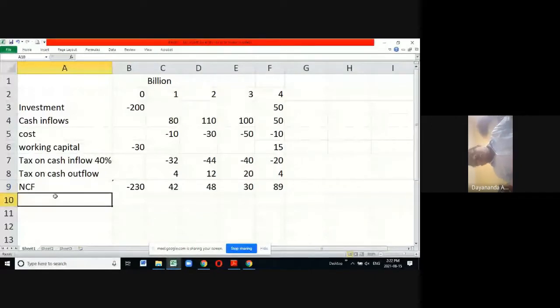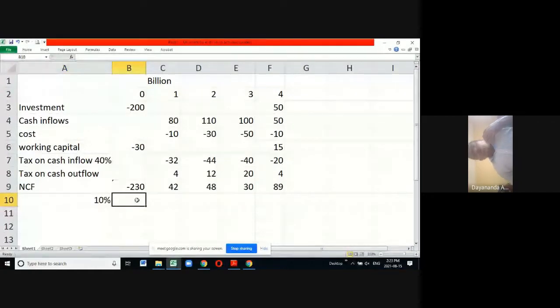And then you have to find out your discount rate. Suppose your discount rate is 10%. I'm just telling you 10%. If the discount rate is 10%, you can just take 1 divided by 1 plus 0.10, you know the formula, to the power of, of course, zero. I am putting it as 0. You know, the answer should be 1.